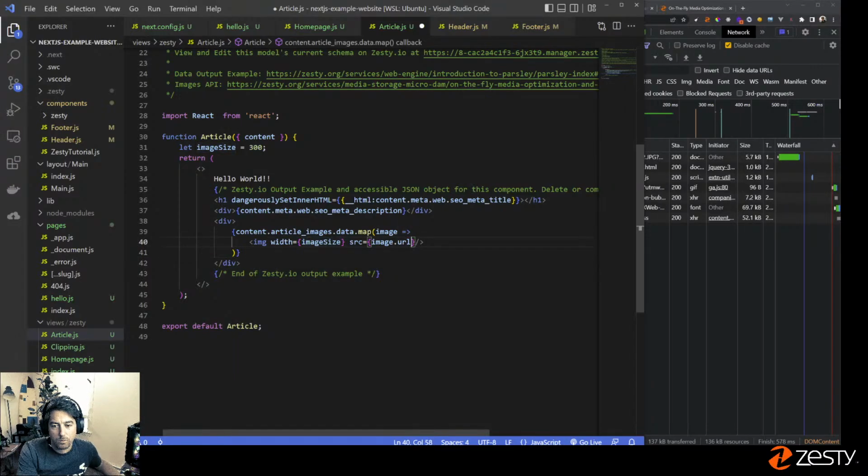In order to write the source, I have to do a string literal. And when I'm working in JSX, I have these brackets on either side. I have to write a string literal with these backticks. What's cool about string literals is they're newer to JavaScript, depending on how old you are. It's new to me, but it's just